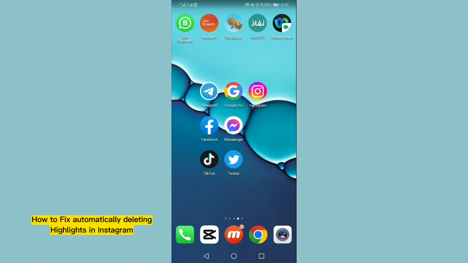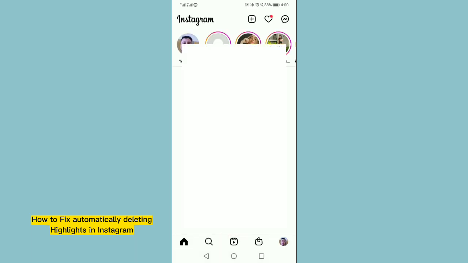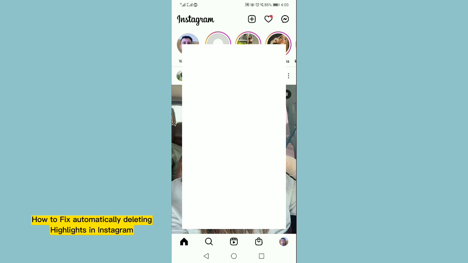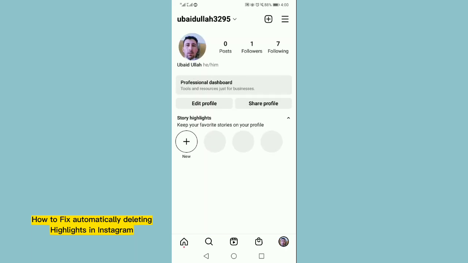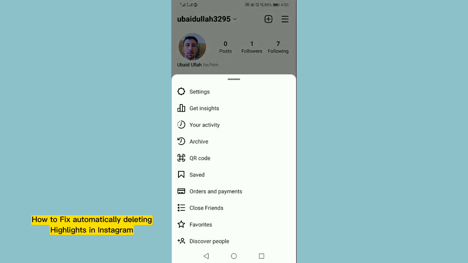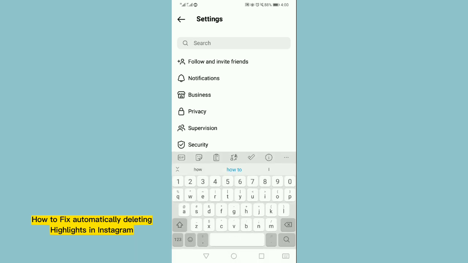So let's get started. First of all, when you open Instagram, you have to tap on your profile icon in the bottom right corner, and then tap on the three lines in the upper right corner, and here tap on settings. Once you tap on settings, tap on the search bar and search for story